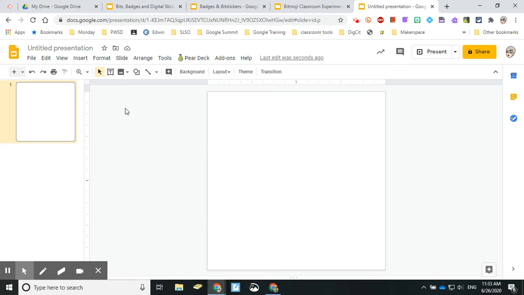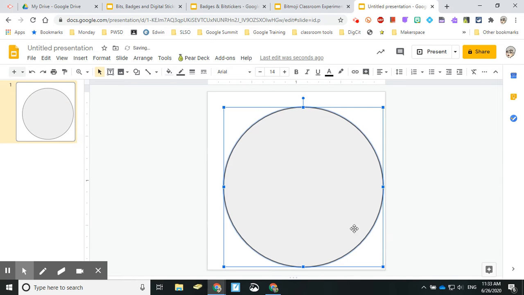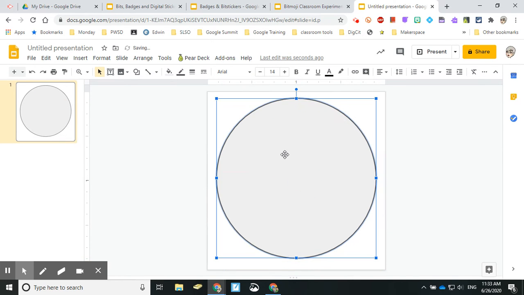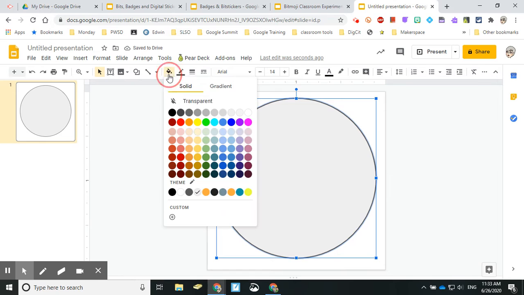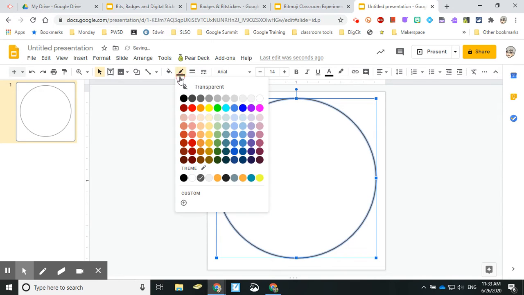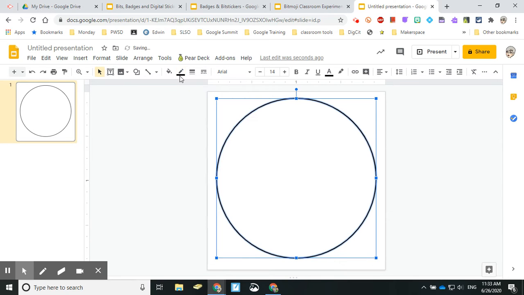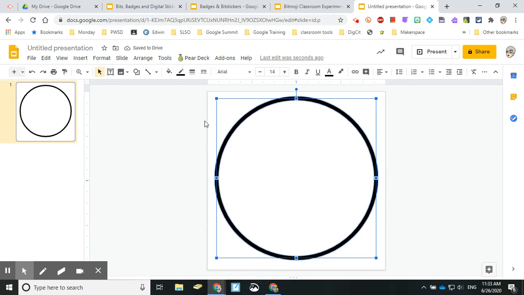So I'm going to, first of all, create my outline. So I'm just going to use my shape. I'm going to make a circle. If you press and hold your shift button as you draw your circle, you have a perfect circle rather than making an oval. So I'm going to make that right about there. I'm going to make this transparent, and I'm going to make the outside of it, well, let's go black. I'm going to make it nice and thick so that it looks like a nice big round